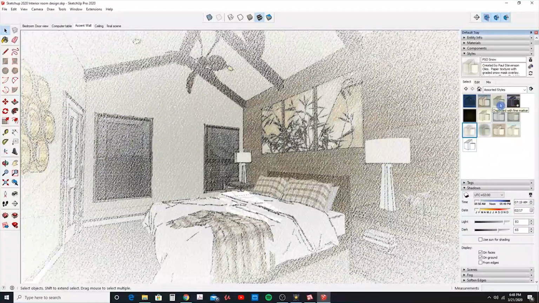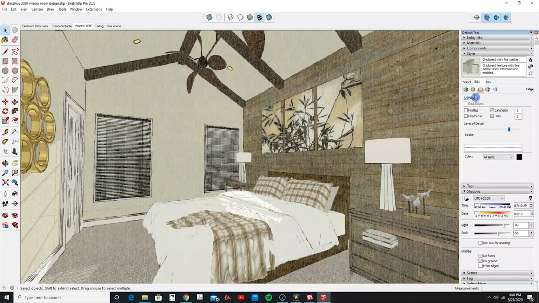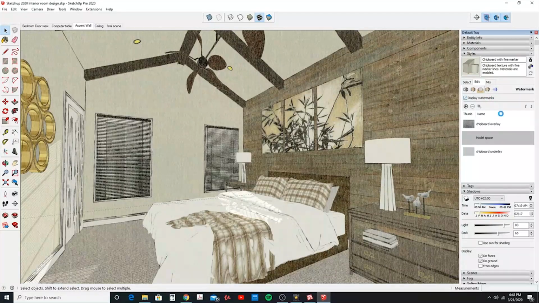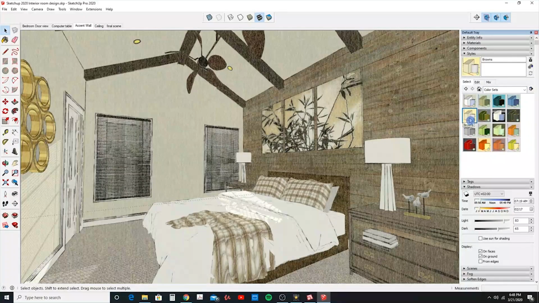There's just a lot of them, and you can also edit these by going to the edit tab here, and it gives you lots of options that you can add to your style. Each one of these is slightly different, and you can explore these. There's really a lot of them, so just go through and see what you might want to